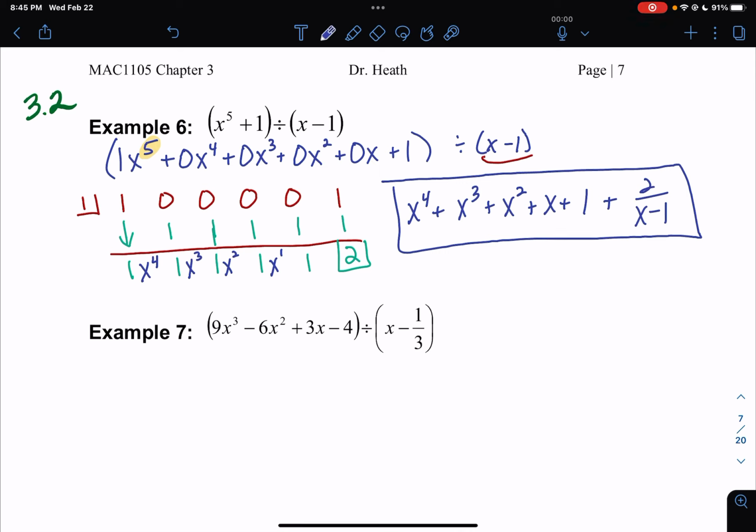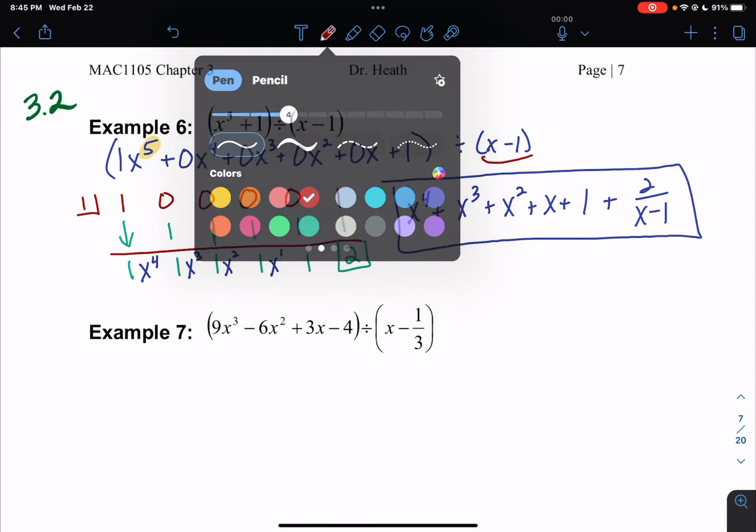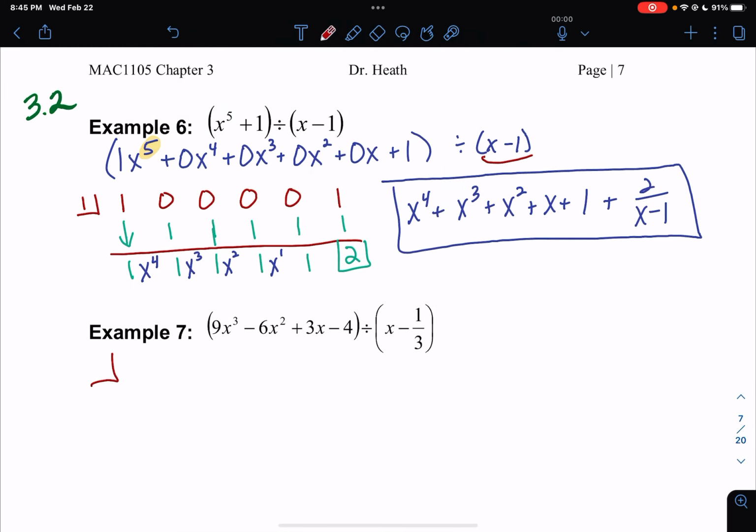For example number 7, we're going to divide the polynomial, that third degree polynomial, by the factor x minus 1/3. There are no missing exponents, so we can go straight to the setup. Since we're dividing by x minus 1/3, we're going to put a positive 1/3 in the box. And then we list the coefficients, beginning with 9,